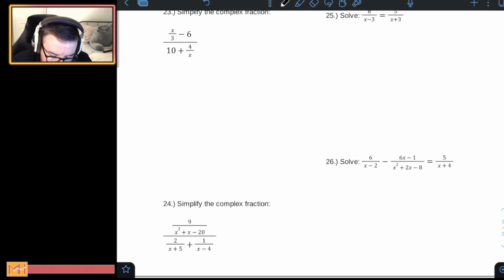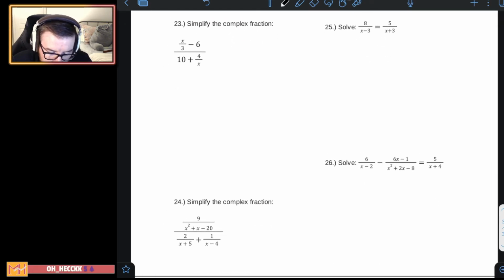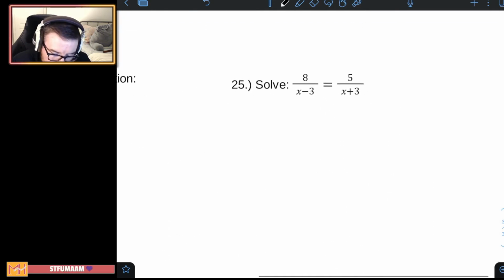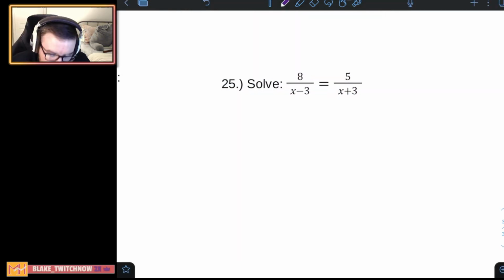All right. The last few, two complex fractions and two solving ones. Let's do the solving first. So when solving equations, we just had this lesson, 7.5. That was our latest lesson. And we recognize that if the denominator is the same, then you could just focus on the numerator. So if you can make the denominator the same, sort of like adding and subtracting, then you just focus on